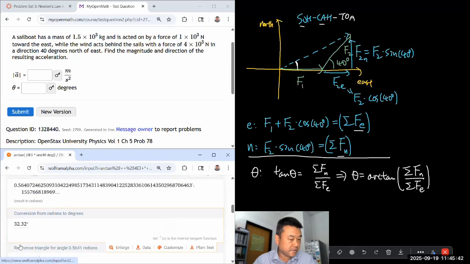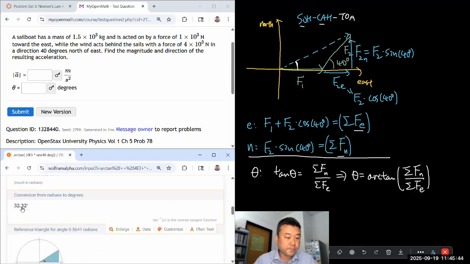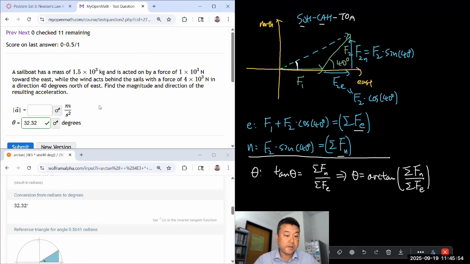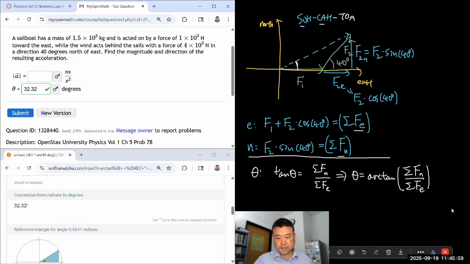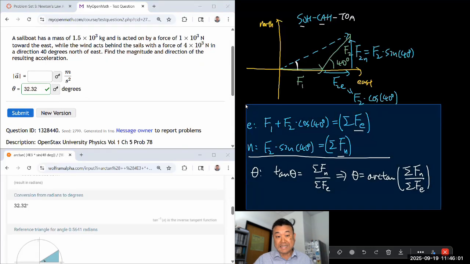Yeah, there's an answer in degrees. So 32.32. I guess that's probably right. It's less than 40 degrees, and this is a larger force, so I think that makes sense. 32.32. Okay, so I want you to do the angle first, both because it's more directly accessible from force, and